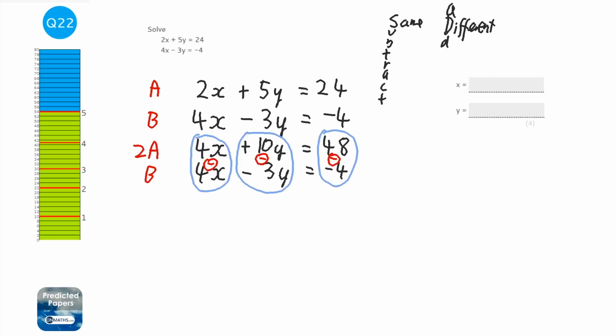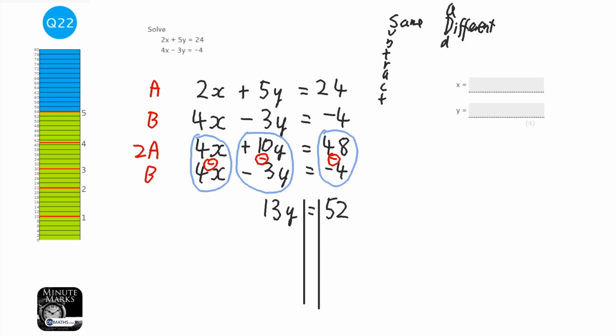Okay, let's start. 4x take away 4x is nothing, which is good because it needs to be nothing. 10y minus 3y. Now 2 minuses make a plus, so that's 10y plus 3y, which would be 13y. And we've got 48 plus, because the 2 minuses make a plus 4, which is going to be 52. I'm going to put my lines in. Next I need to do 52 divided by 13, and we're going to do both of these divided by 13. So we've got y equals, I think it's 4, so 4 times 13 is 52, so yeah, y equals